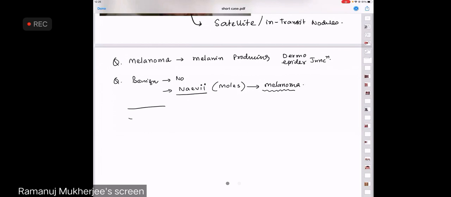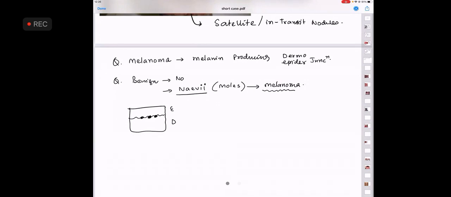To remember the best name of a nevus: if this is the epidermis and this is the dermis, all human beings have a nevus. And remember, they are called in Bengali a til on the surface of the body. And these nevi, as you can see in the picture, are there at the dermo-epidermal junction. Okay. So this is a melanoma, nevi, etc.